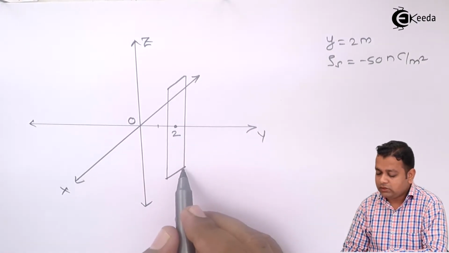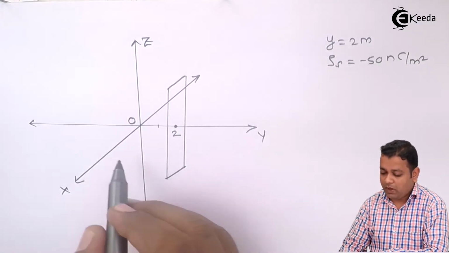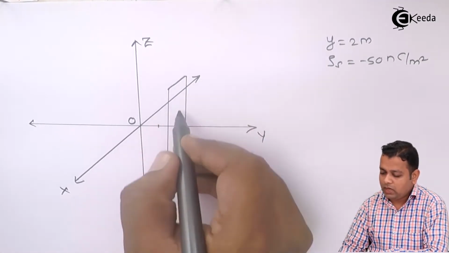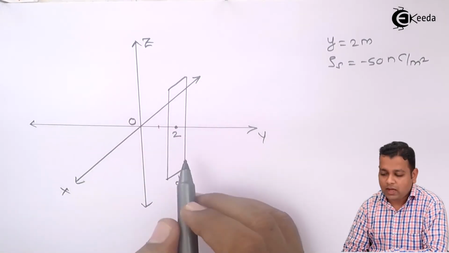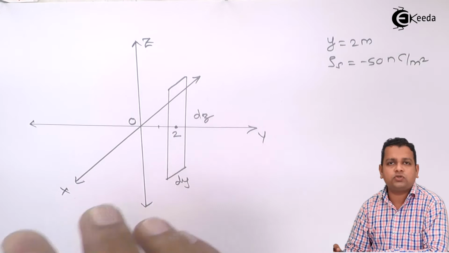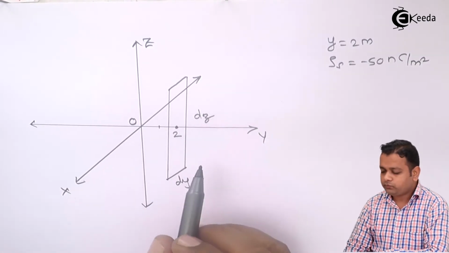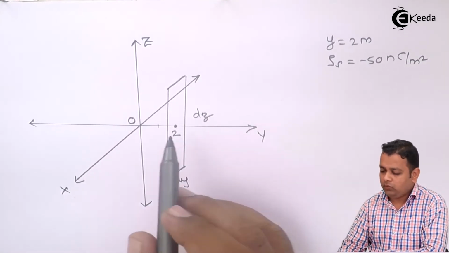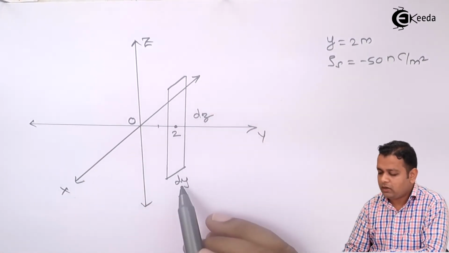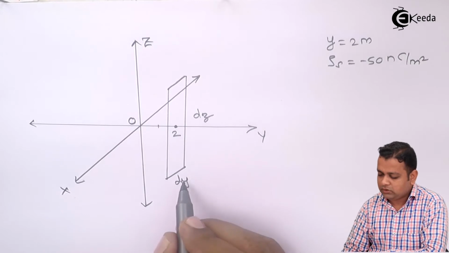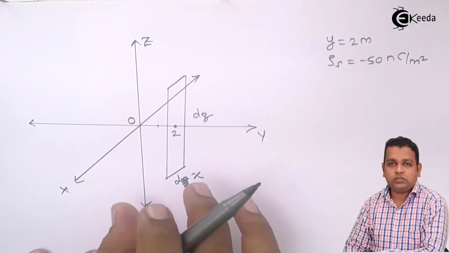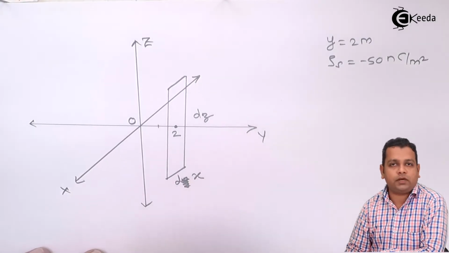Now this plane is infinite along this dimension, that is parallel to the x-axis. Let us write dx. This dimension is parallel to the z-axis. Let us write dz. The differentials I have written just for showing the diagram, but in the problem we will consider this plane as per the given data to be infinite in the x and z dimensions. So this is the first source of electric field.